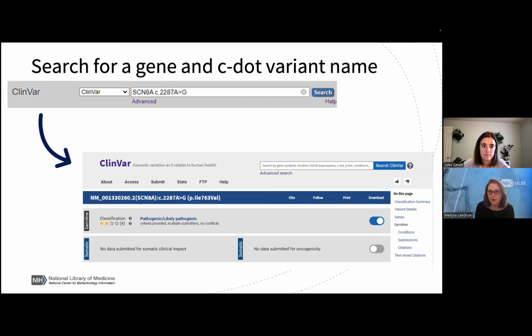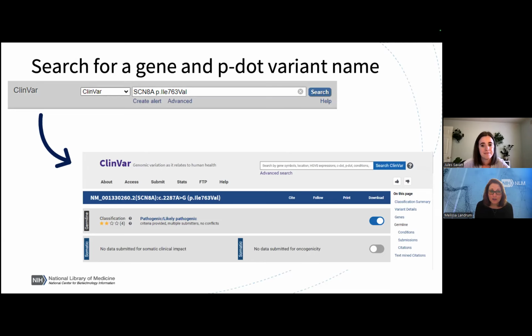So every variant in ClinVar has its own page with all of the information on it. Jules showed you that earlier. Here, we're just looking at the top of the page. Next slide, please. I'll also just quickly note that you could do the same kind of search with the PDOT